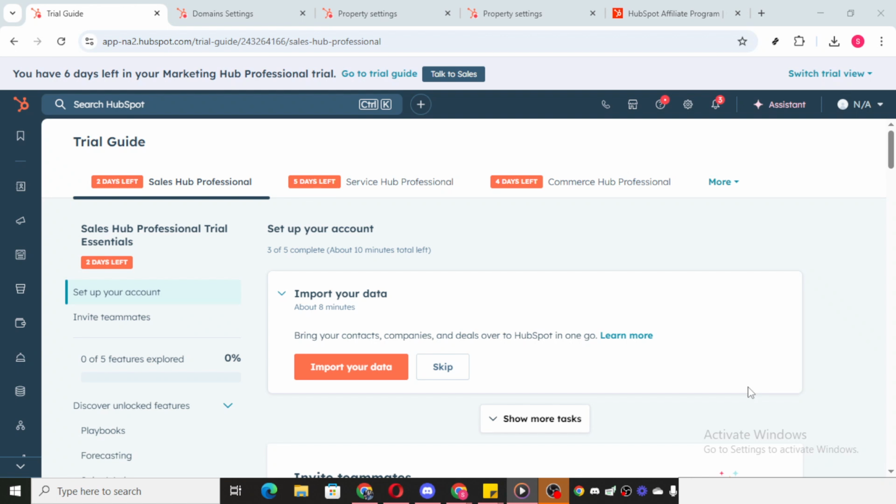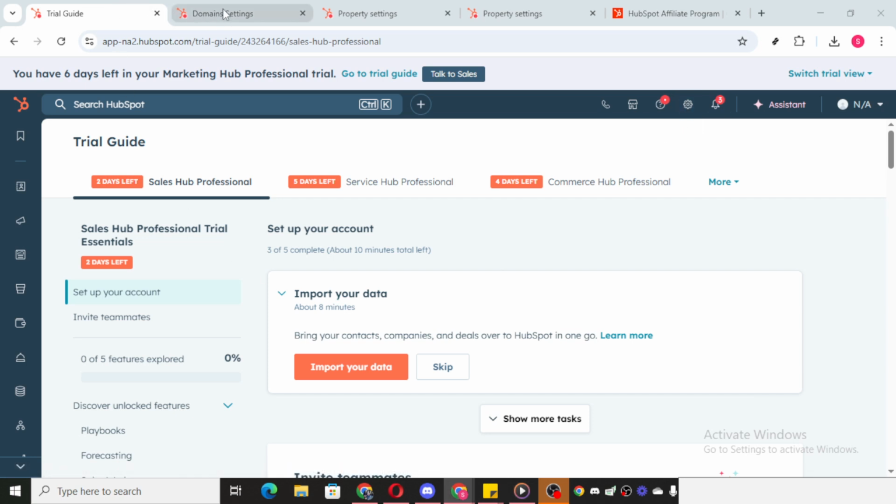This is your one-stop shop for all the resources necessary for kicking off your form building process, so it's a handy place to begin. After you've familiarized yourself with the trial guide, move over to your home page. Here, you'll want to locate and click on the settings icon. This icon usually takes the shape of a small gear wheel, and navigating through it will open up the back-end